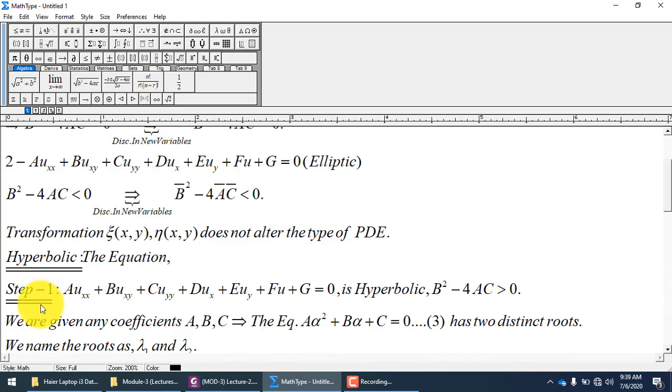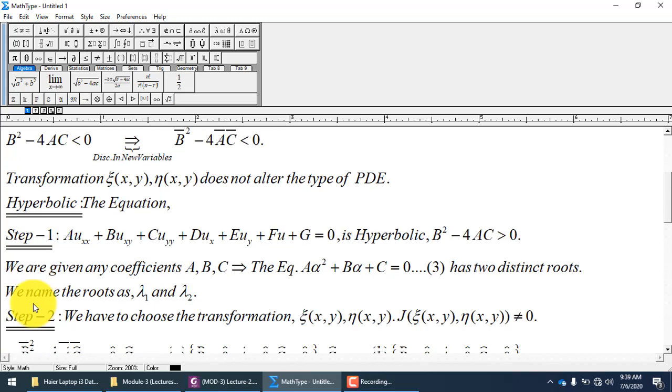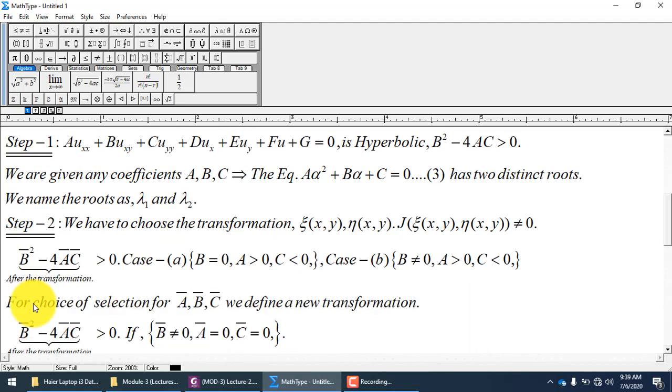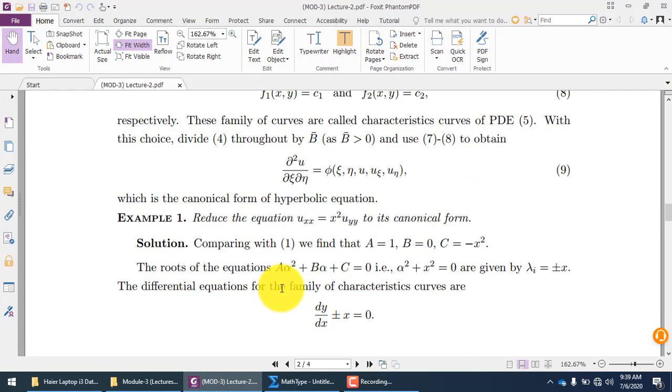This was the first case, and I will upload the videos for the parabolic case as well, but just roughly we can concentrate on the example as well. This is the partial differential equation. We know that a is 1, b is 0 and c is minus x. So the roots of the equation will be what? You have to find the roots. This is step 1. When you find the roots, you have 2 values, lambda 1 is x and lambda 2 is minus x. Remember that c was minus x here.